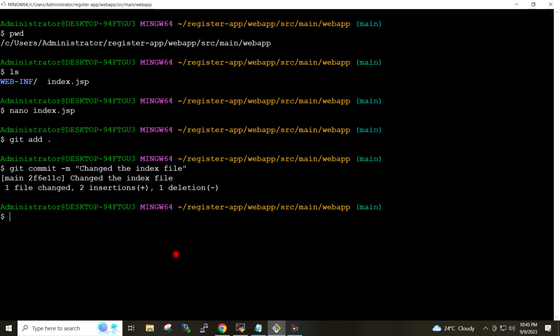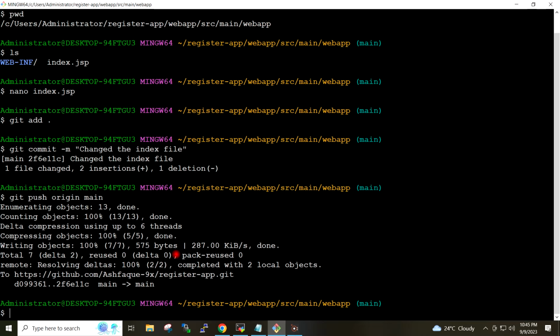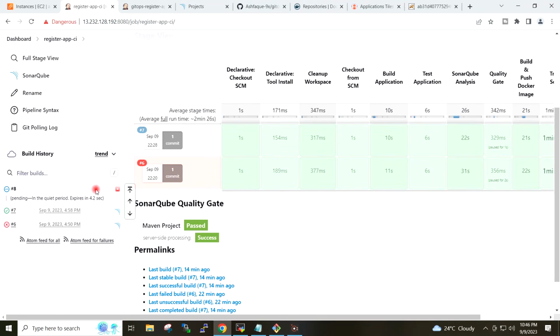I will now push these changes to the remote repository. Okay, so changes have been pushed, and my Jenkins CI job has been triggered automatically.